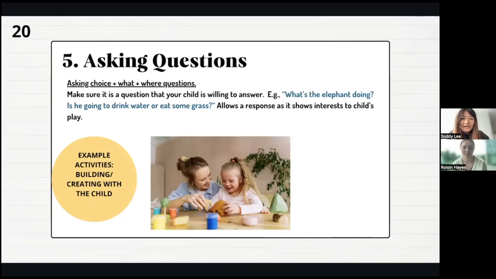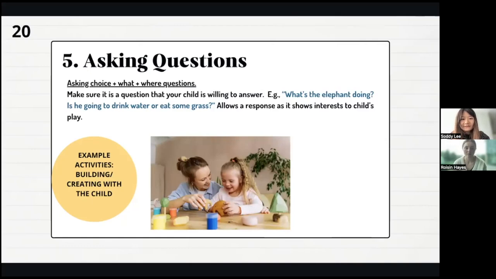Asking questions is another strategy that can engage students in conversation, encourage them to think and express themselves, and extend their language use. This strategy involves posing questions that are open-minded or offer choices, which helps to foster a deeper engagement with the topic. It is important to pose questions that students are comfortable answering and to demonstrate genuine interest